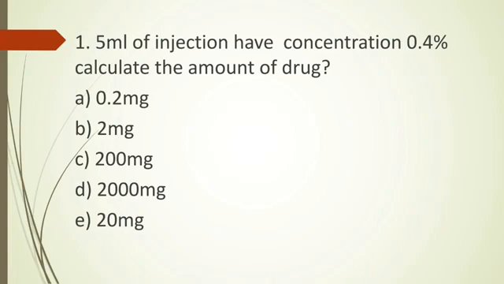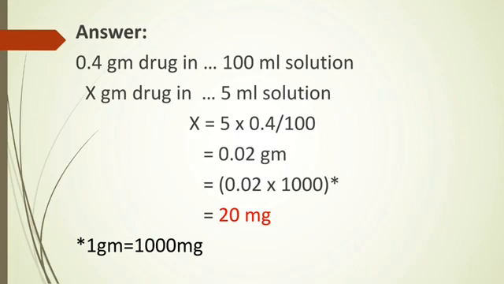So in 100 ml solution there is 0.4 gram. We have to find out in 5 ml of the solution how much drug is present. So 0.4 gram drug will be present in 100 ml solution, and we can assume x gram of drug will be there in 5 ml of solution. So the value of x can be found by cross multiplication. X will be equal to 5 into 0.4 divided by 100, and the answer is